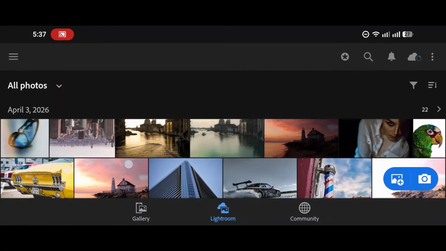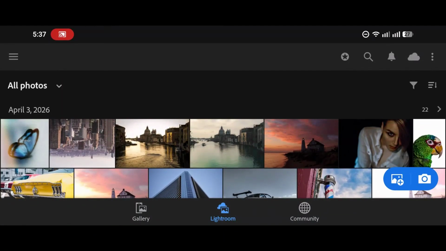In this video, I'm going to show you how to edit metadata in Lightroom Mobile so you can update important photo details like the title, caption, copyright, and location in just a few taps. This is really useful if you want to keep your images organized, add professional information, or prepare your photos for